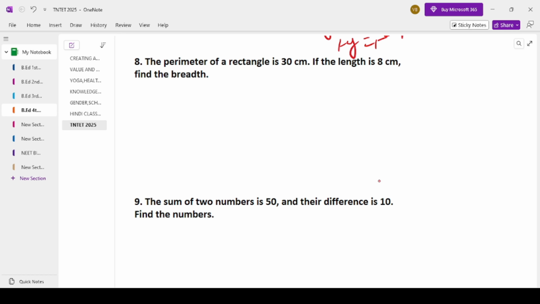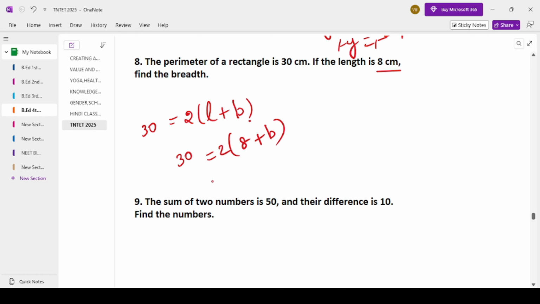So how you are going to do it? So 2 into L plus B. அதான் இங்கே பண்ணும். Perimeter formula வந்து 2 into L plus B. So what you will do? So length வந்து இங்கே கொடுத்துருக்காங்க 8 அப்படின்னு சொல்லிட்டு. Perimeter கொடுத்துட்டாங்க. So which is 30. So 30 is equal to 2 into length is 8 plus breadth. So அப்படி பண்ணோம் அப்படின்னா